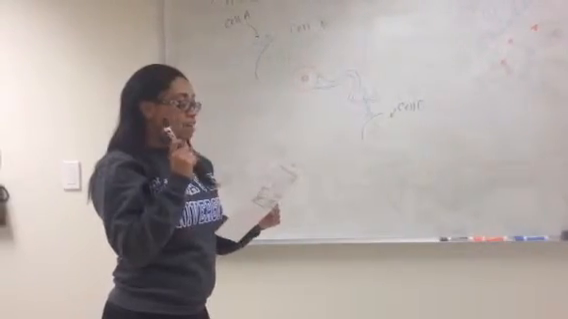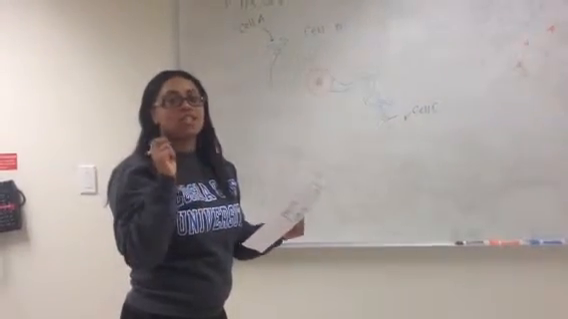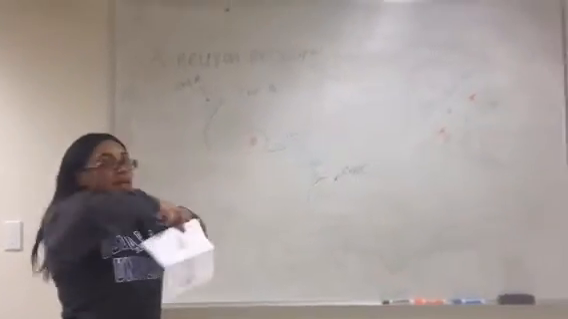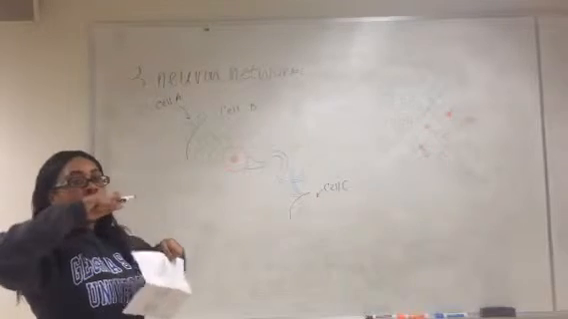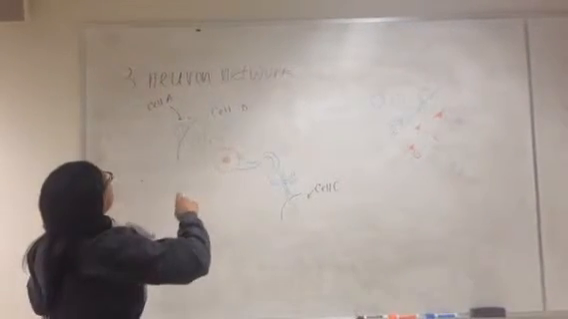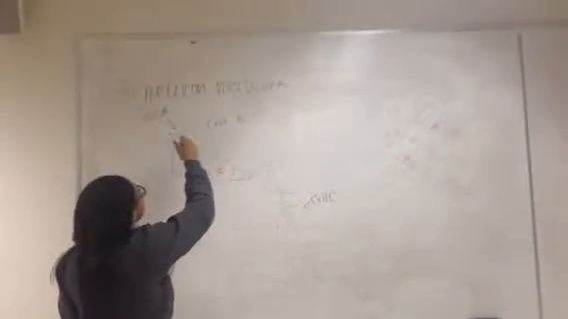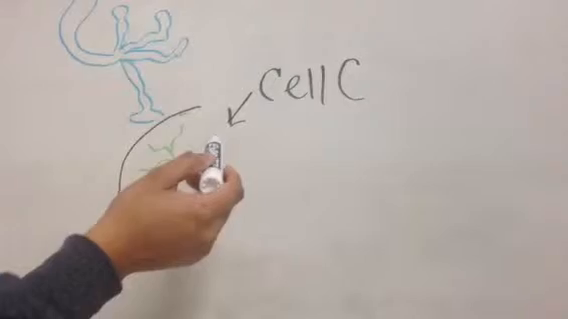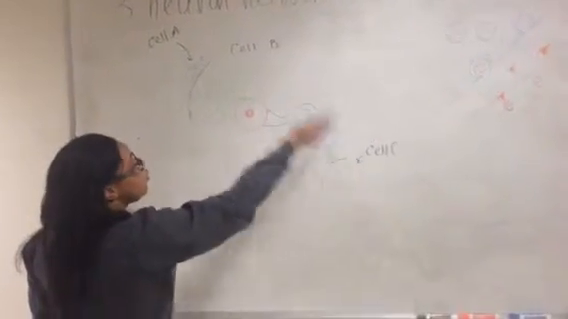This is basically explaining what happens during synaptic transmission. So I'm going to be explaining that based off a 3 neuron network. These are the terminal buttons of cell A. This is an entire neuron in cell B, and these are the dendrites of cell C. The entire cells look like this, but I'm just going to concentrate on these 2 parts for cell A and